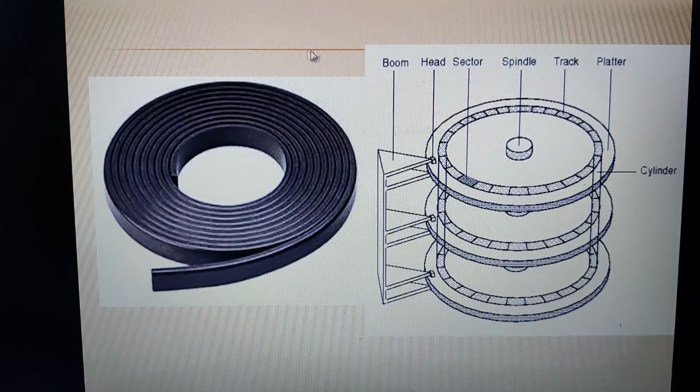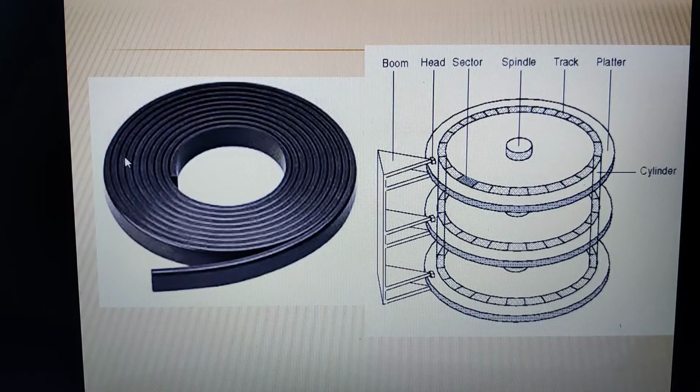So this is a kind of recording medium that contains a very thin tape coated with a fine magnetic strip that is used to record the digital data. I repeat, the magnetic tape consists of a recording medium that contains a very thin tape, but the tape is coated with a fine magnetic strip that is specially used to record the digital data. Digital data in the sense where the data is in terms of zeros and ones.